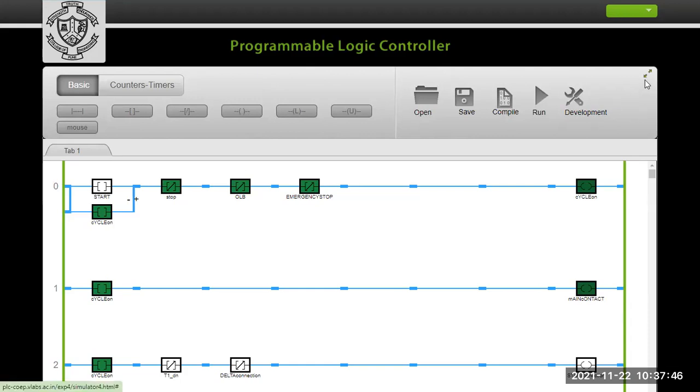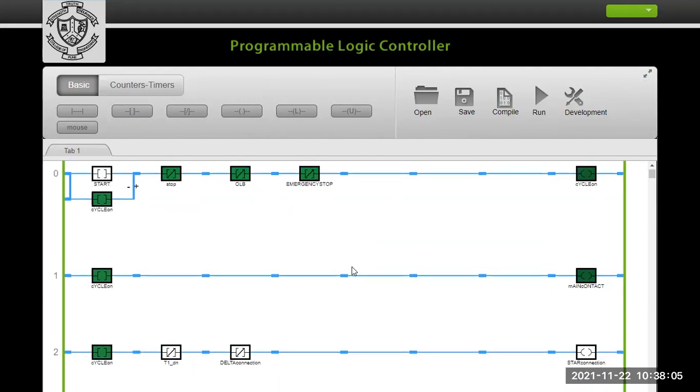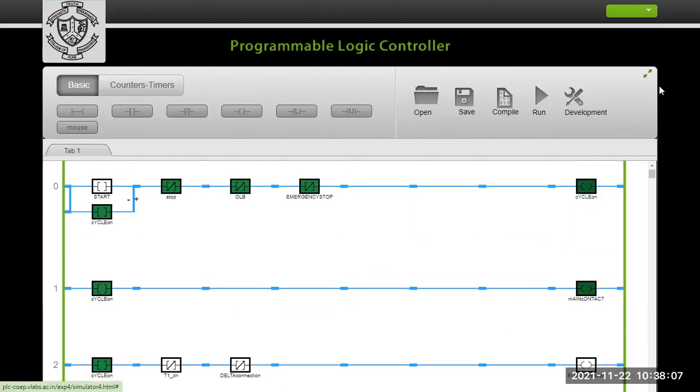I will stop here. Do you have any questions on the programming logic, any ladder logic? Just perform it on your own mobile or laptop so that you can learn the ladder logic program. Okay, this is the vital thing.